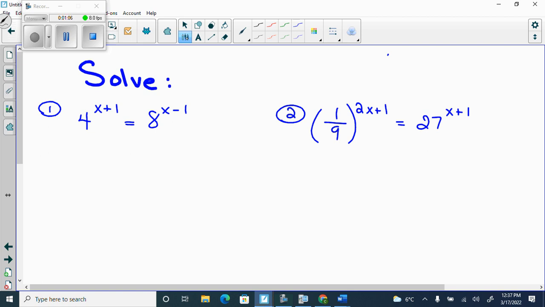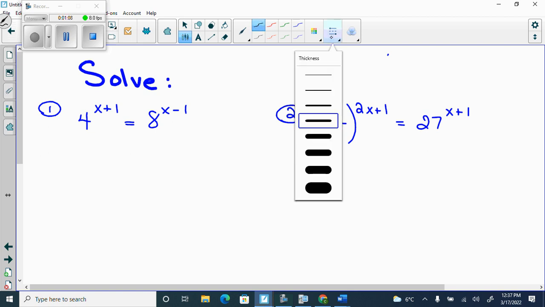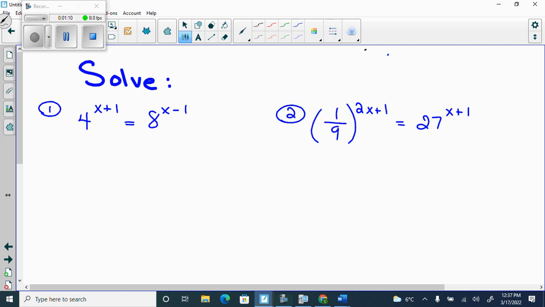What base can I make the first two be? We said base 2. We always make them a smaller base, not a large base. So this would be 2 squared. I always put the exponent in brackets so that people remember to distribute, because the answer to not remembering to distribute will be wrong. But you should be able to catch that you're wrong, because you'll try to plug it back in, or you'll use your calculator and they will not match. Then 8 is 2 cubed,